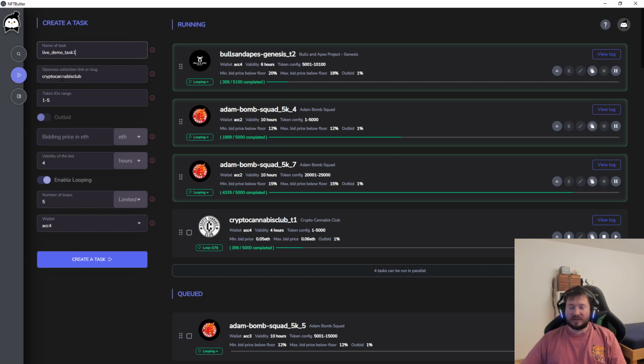Then we choose which OpenSea Collections we want to do bulk bidding on. Remember, NFT Butler is a bulk bidding tool which supports up to 4 running tasks. Each task will process about 1300 to 1500 bids per hour, and you will get a lot of features to automate your bids and make sure you're always staying on top